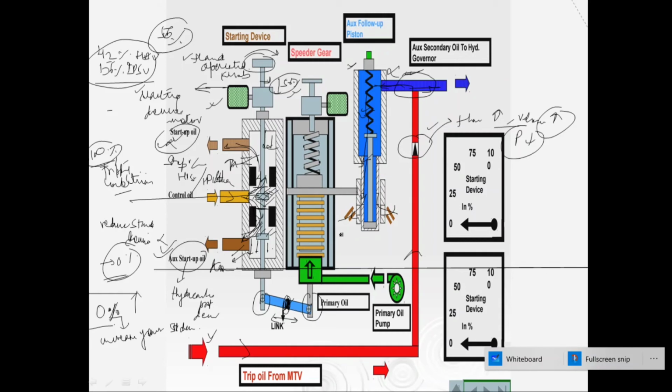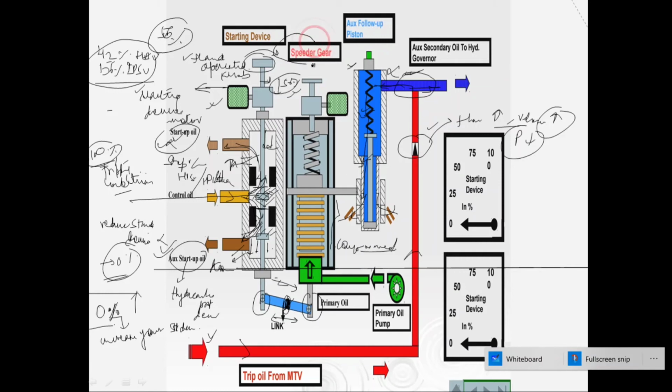For that, this should be in compressed condition.